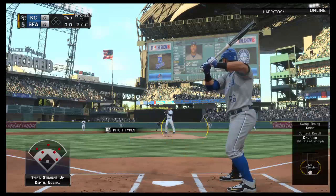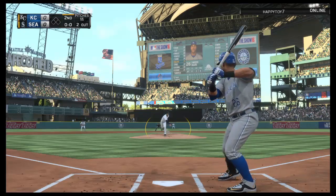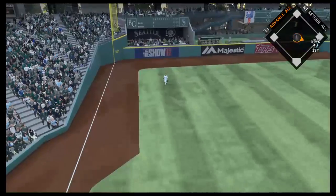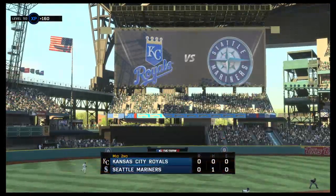Yonhervis Solarte will stand in now, still struggling to get anything going offensively. Well, his batting average is ugly, and his last 10 games have been ugly. Just 2 hits in his last 10. Aoki is there, and they breeze through this half inning as the side is...